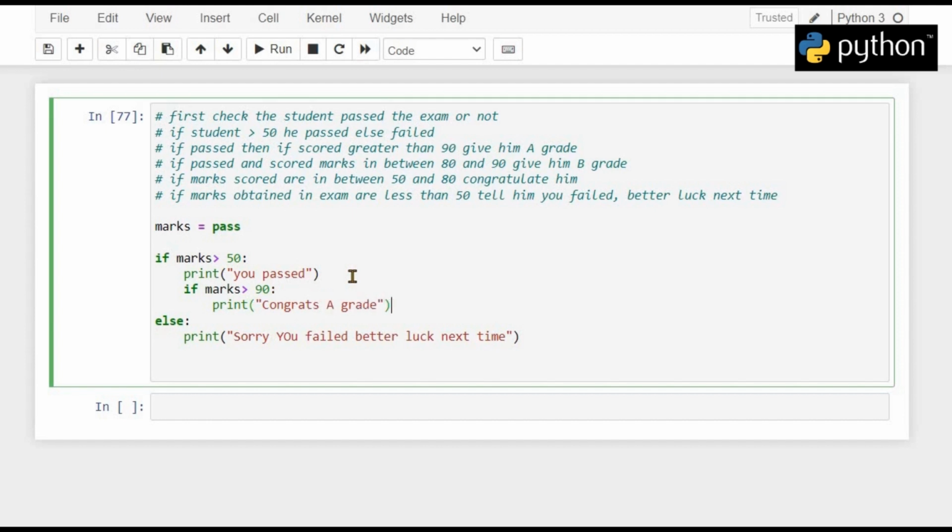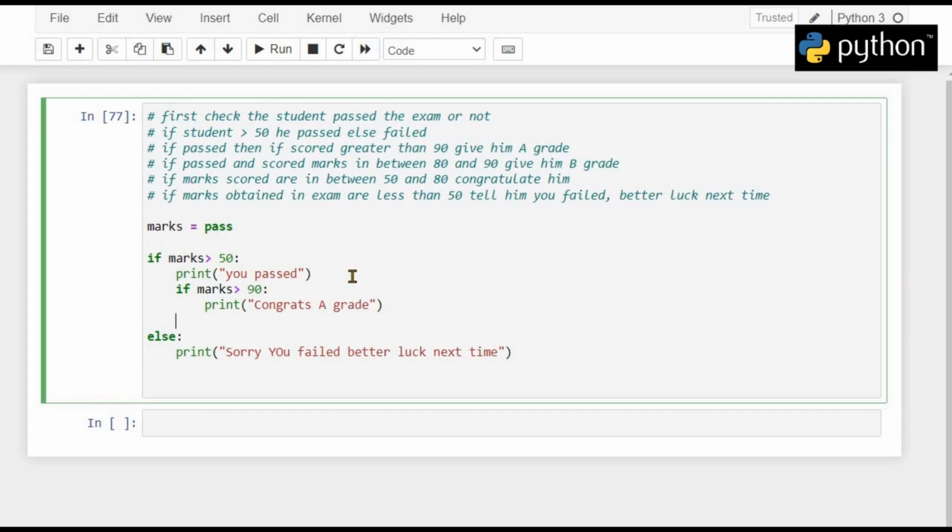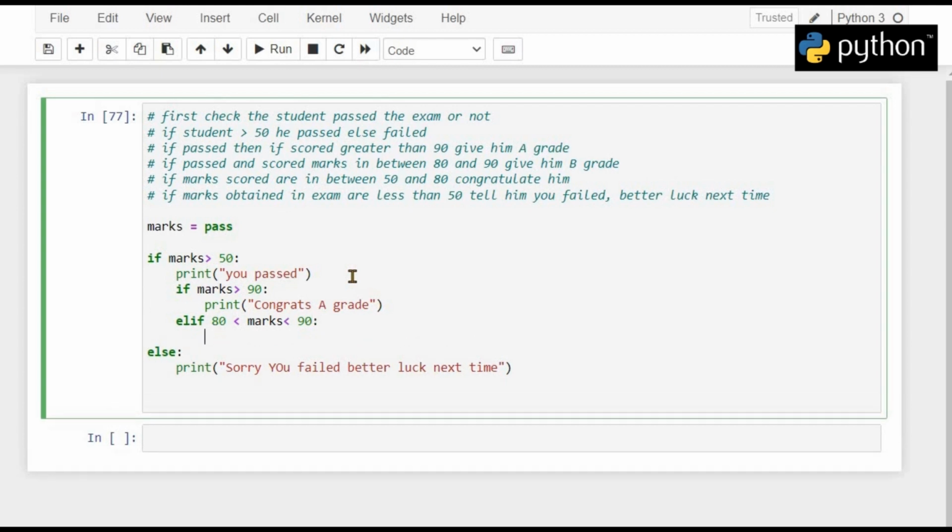A grade. Similarly, let's say our student has scored marks between 80 and 90. Then we will print "congrats B grade".